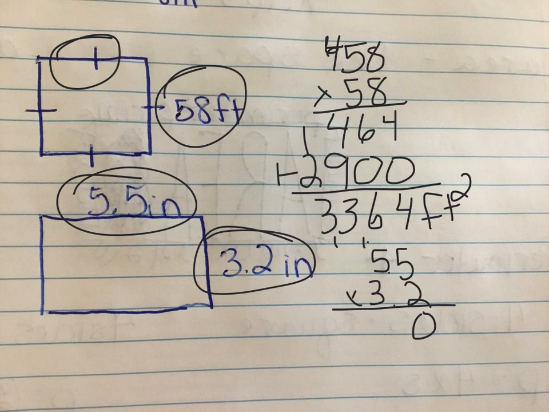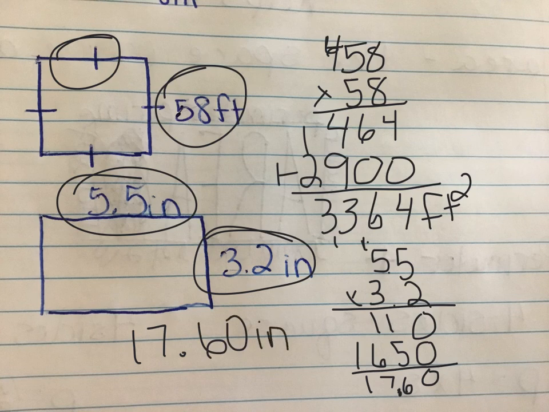Oops, my 1. 2 times 5 plus 1. 3 times 5. 3 times 5 plus 1. Add. Move the decimal. And our final answer on this one is